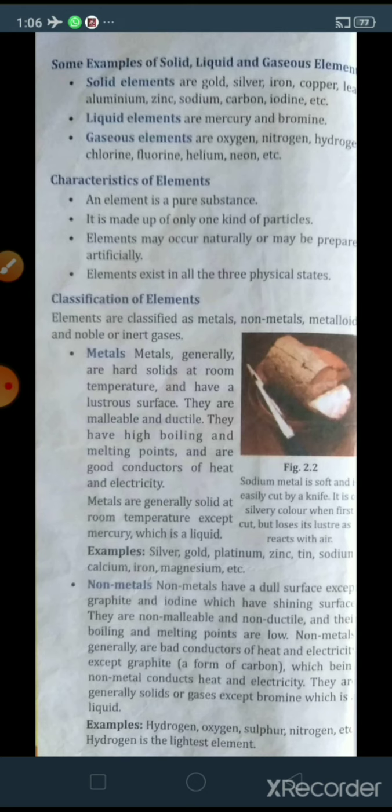And hydrogen is the lightest element, means the mass or the weight of the hydrogen is the lightest, means so small. Okay, in the next class